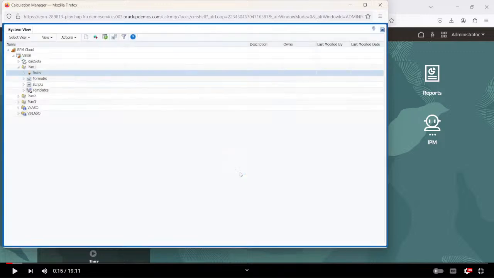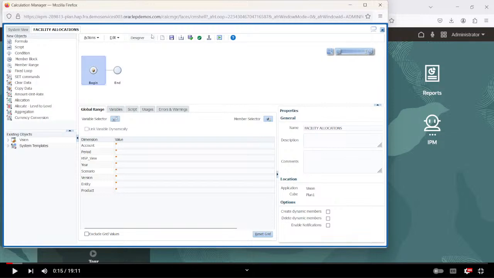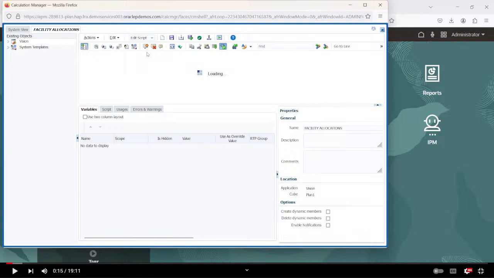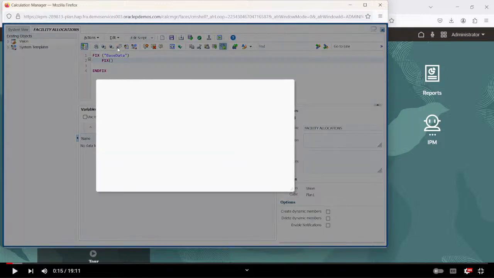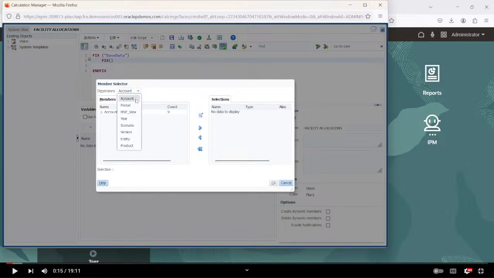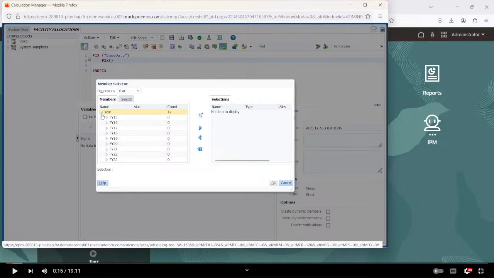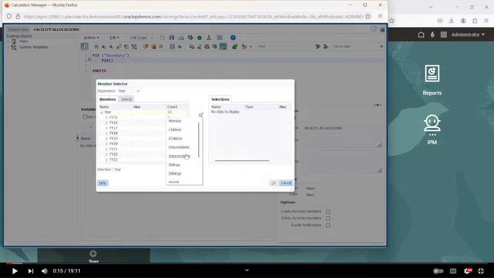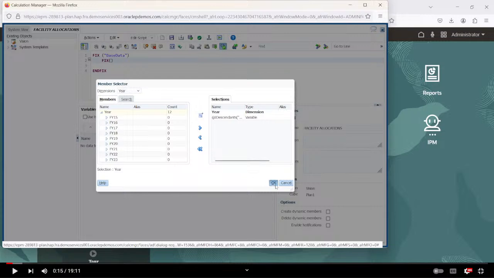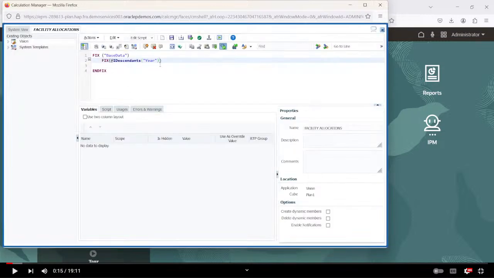Similarly, you do the HR allocation. Edit script mode. All right. Now we have already fixed base data. I'll use the nested fix function. Then I'll go to the members and I'll fix all the sparse dimensions. Year, I want it to work for every year, so I'll select the year and I descendants of year. Okay, then comma,